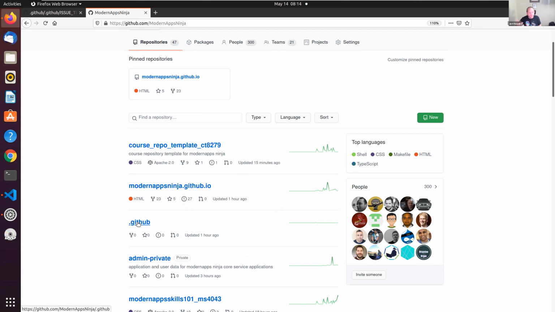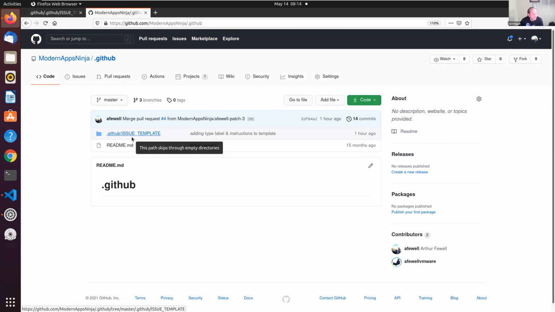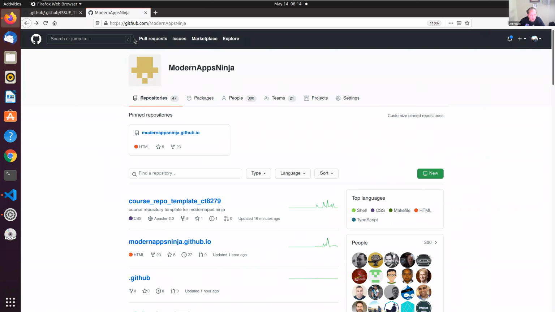organization-wide set of templates. Now that organization-wide set of templates will get overwritten if an individual repo like the homepage has its own set of templates. And so here we created a global set of templates that will apply to most of the different repositories, with the exception of repositories like the homepage, where we want to have a local set of templates that offer some one-off customization for that particular repository. So now we've got our issue ticket templates all set up, and now we can go to the next stage